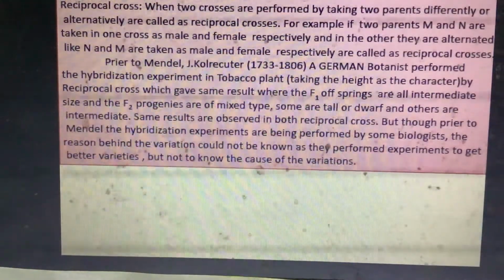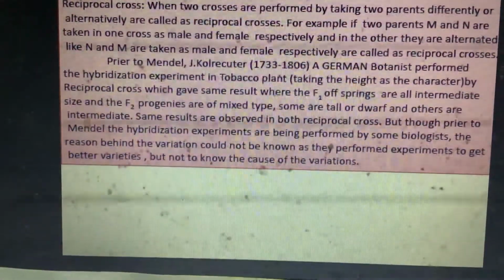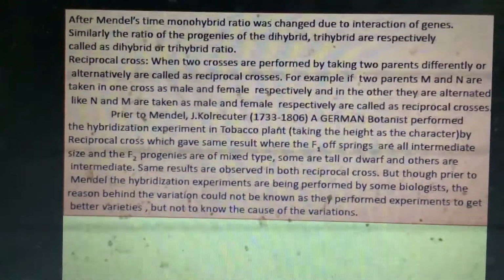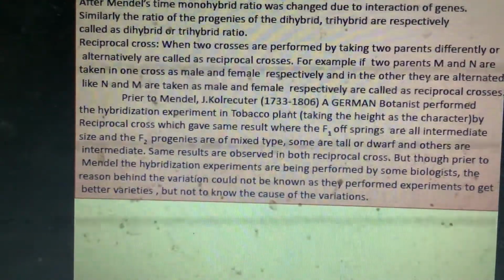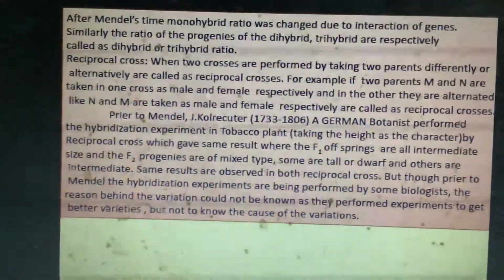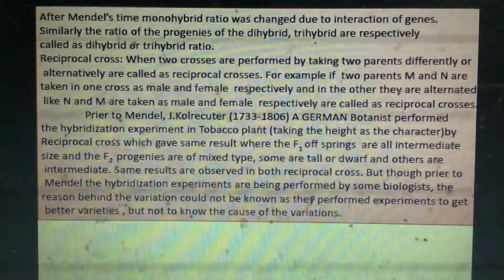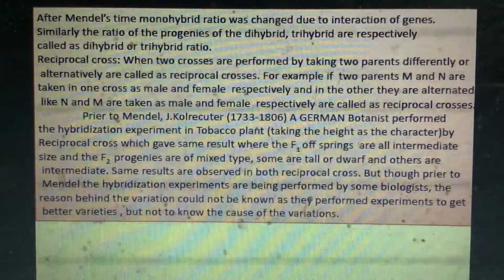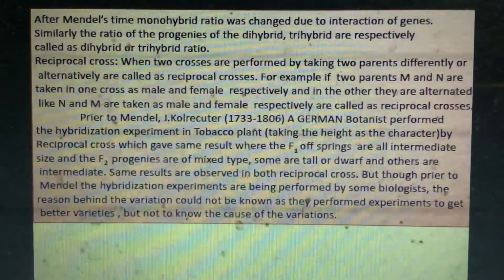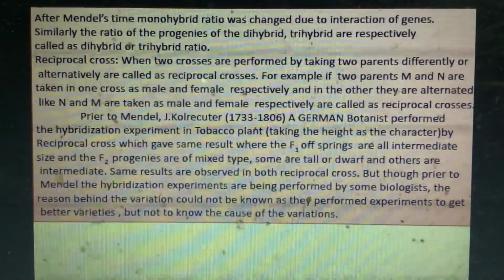Then the reciprocal cross. Prior to Mendel, some observed the reciprocal cross, in two crossing experiments where the two parents act as male and female. In one crossing experiment, suppose we take the parents as M and N: M acts as male and N acts as female in the first crossing experiment. In the next crossing experiment, N acts as the male and M acts as the female. To see the results, actually prior to Mendel, J. Kohlreuter